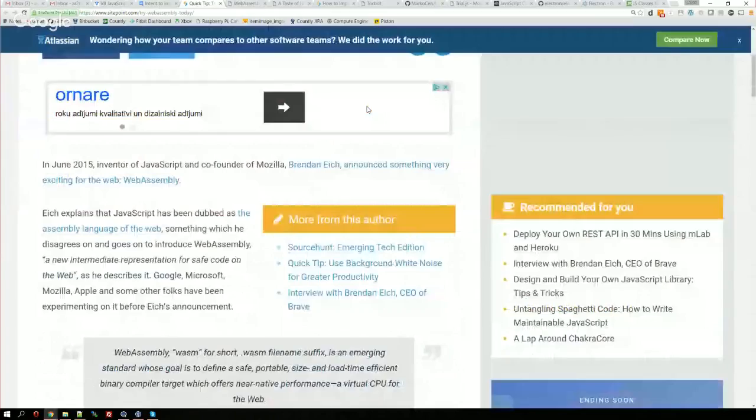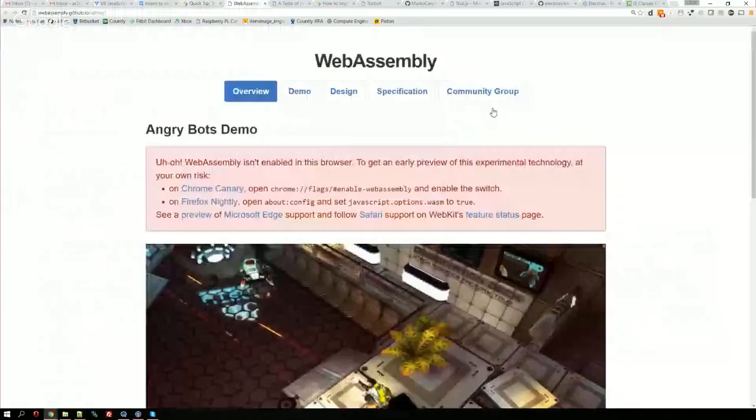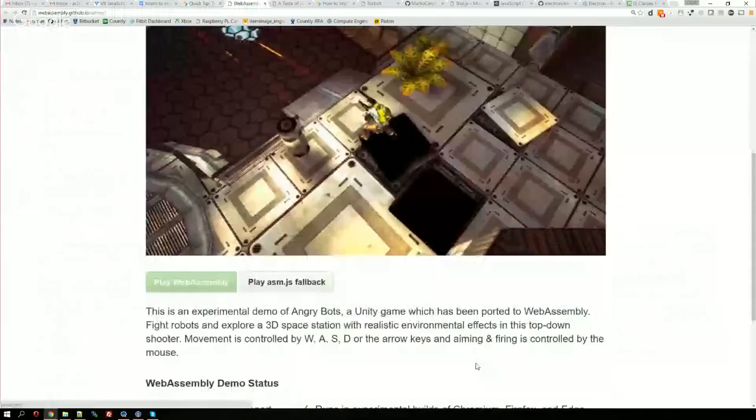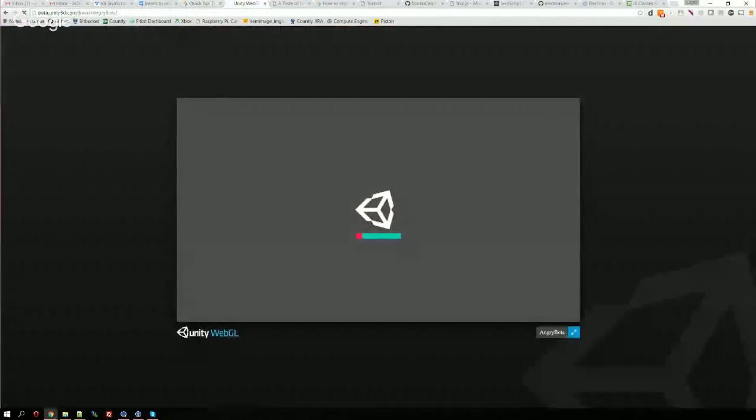So I don't know. You say Canary, so it's not the unstable, it's even before the unstable. Oh, I see. Yes, so I can't play it in WebAssembly, but I can play it in default Awesome.js